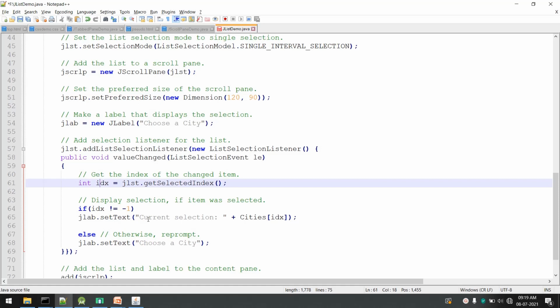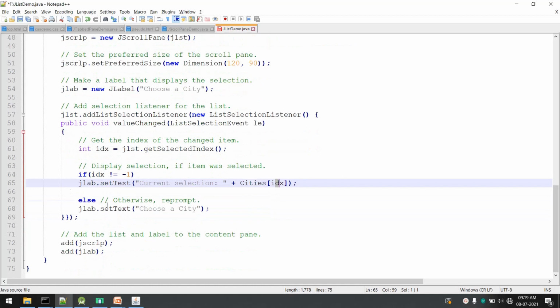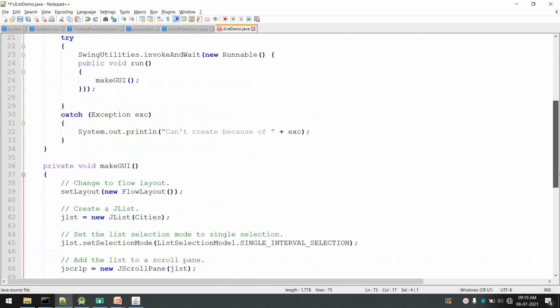If it is not equal to -1, we are displaying the current selection, cities idx, whichever item we have selected, or we are displaying choose a city. If nothing is selected, we are displaying choose a city. And lastly, we have added the scroll pane and the JLabel. Now look at the output of this.